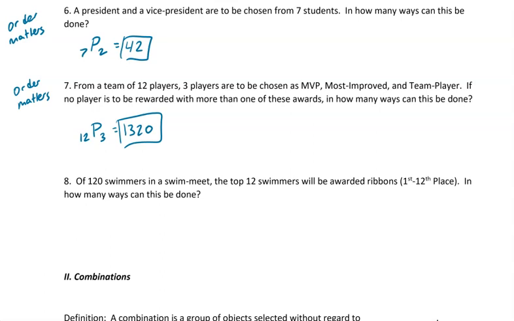Those are 2 completely different spots. So order matters. So out of 120 swimmers, we are going to pick 12. Once again, put this in your calculator, and we get